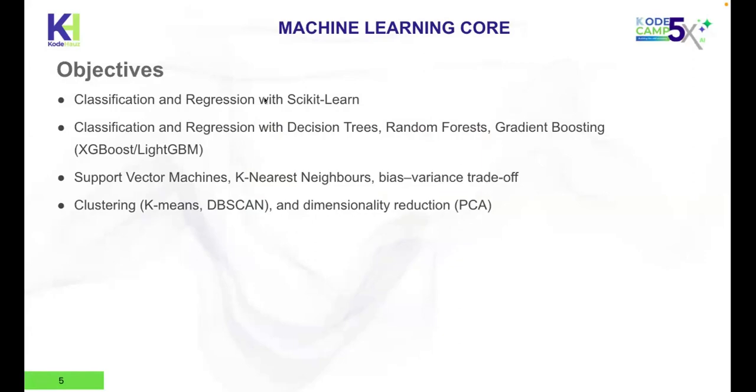So gradient boosting is basically a gradient descent method that is kind of fine-tuned to be able to handle random forests and decision trees. Then we're going to look at support vector machines, k-nearest neighbors, and then we're going to look at clustering as well, using k-means clustering, DBSCAN, and dimensionality reduction. This is actually a lot. We won't be able to go into so much detail in all of this, but we will see how much